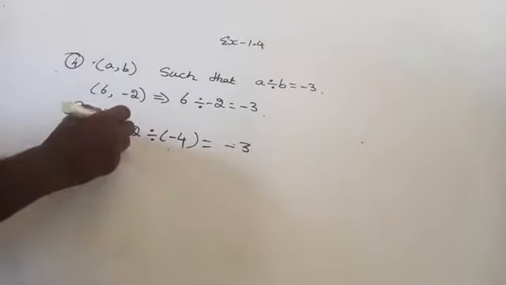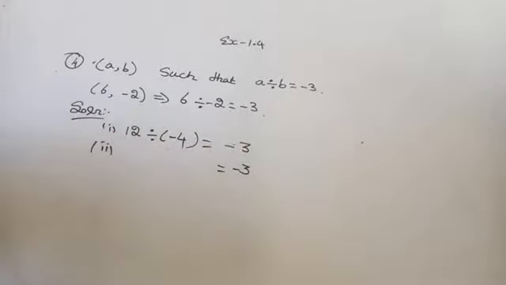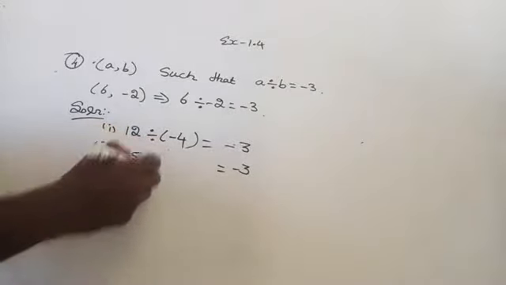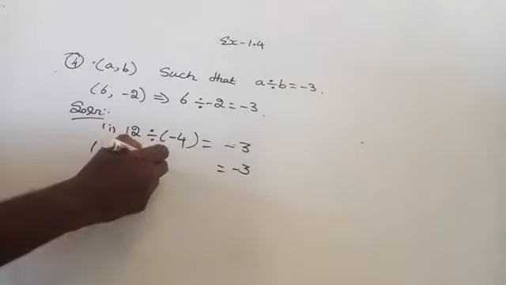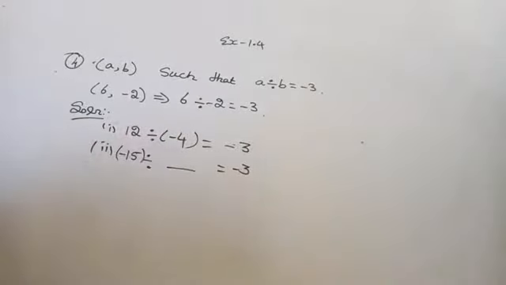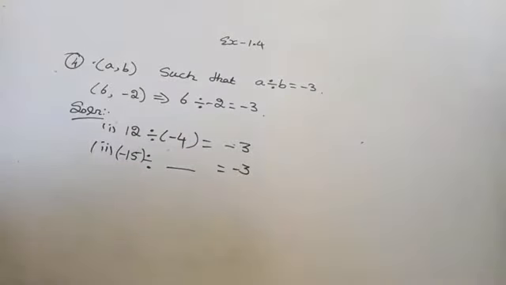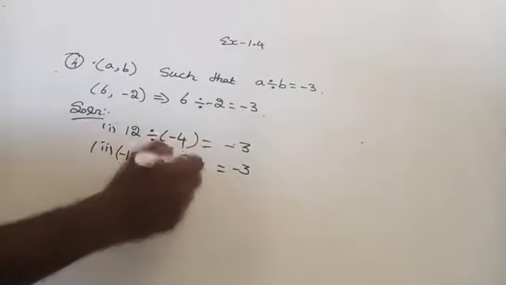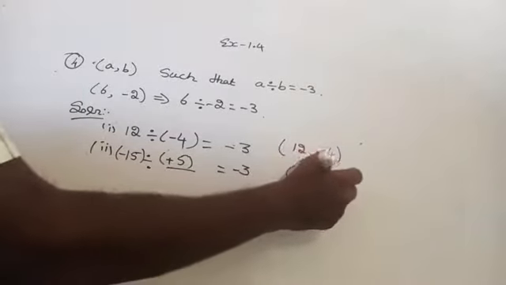And then another pair is, here we need minus 3. Am I right here? Okay. So you can take any number, like 15 we will take. Write down the multiples of 3. Minus 15, then the other should be plus. Now which number multiplied by 3 will give you 15? 5. 3 5s are 15. So it should be plus 5. So the pairs are 12 comma minus 4 here, and minus 15 comma 5 here.